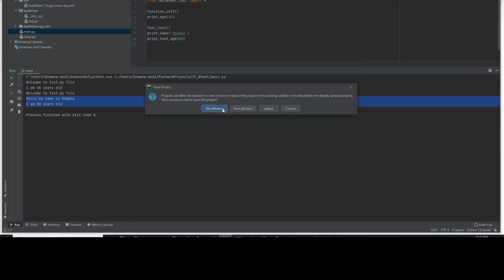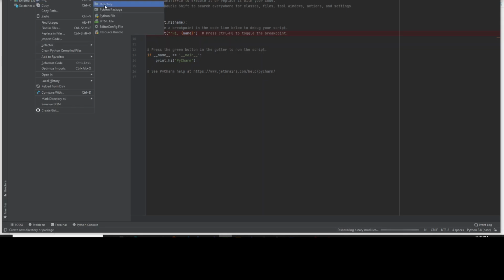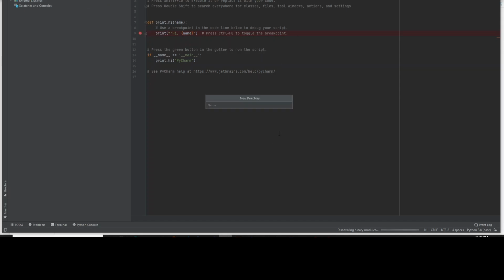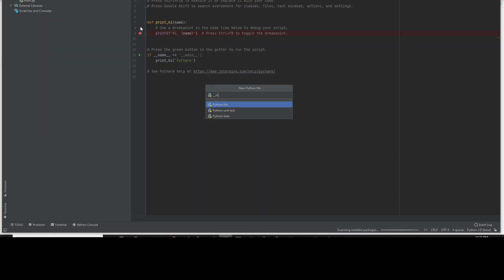Let's click on create wheel. Now to create the wheel file, I have this project named Synapse wheel. Inside this Synapse wheel, I'll create a new folder directory named test wheel. Hit create. Now inside the test wheel, I will create a new Python file, which is nothing but my initialization